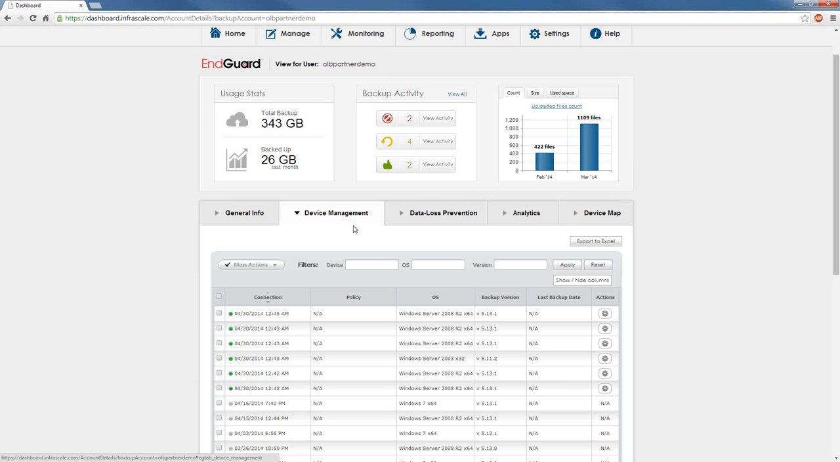Under device management, you'll be able to view all of the connections under that backup account. You can see if there's a policy assigned to the system, the operating system of the system, and you'll be able to view the exact backup version of the software that's installed and the last backup date. Under actions, you can also assign a remote policy, retrieve the logs, run a backup, upgrade the software, or